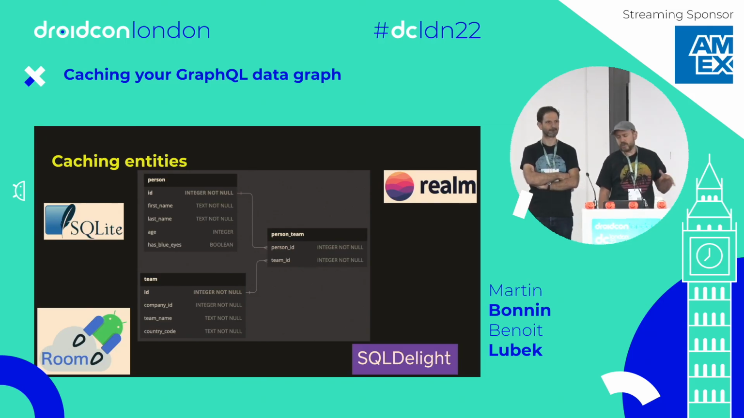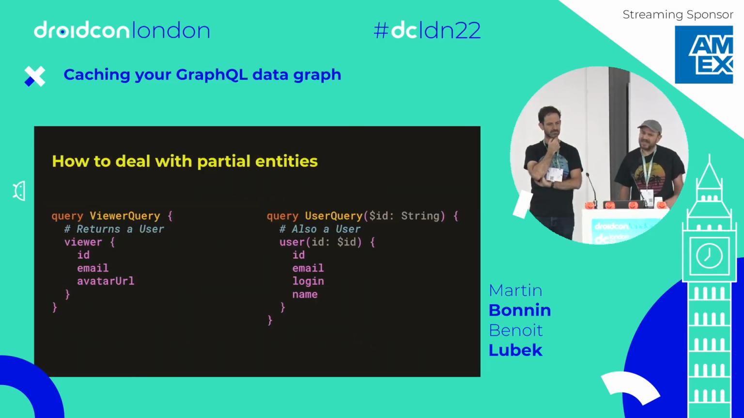You usually do that manually. This mapping you would do manually, either at the beginning of your project or whenever an API changes. You can get help from tools like Room or code generation with SQL Delight, for instance. But the thing is that that way of doing it doesn't really work well with GraphQL, because as we said